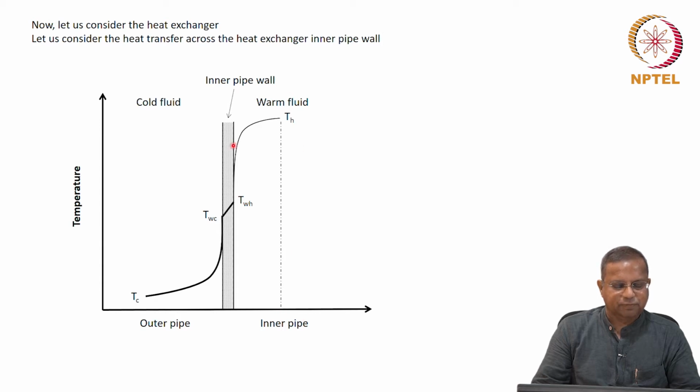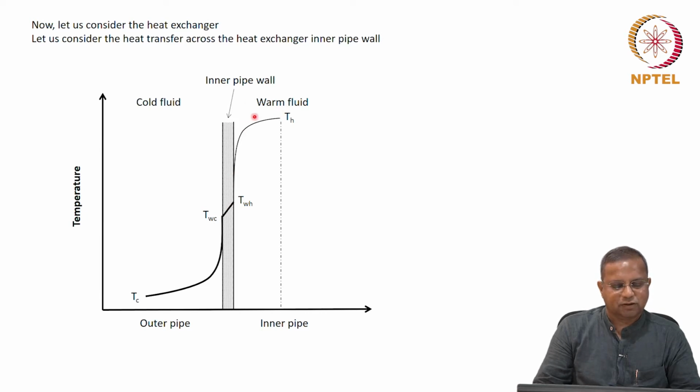Of course, there is a center point here and so on. The outer pipe is cold, warm fluid is flowing here. So there is heat transfer taking place from the warm fluid to the cold fluid. Also, I have shown the temperature on this axis with the corresponding distance. The warm fluid is, let us say, at a bulk temperature of Th. In the temperature profile, there is a region close to the wall, the film region, where the temperature drops significantly.